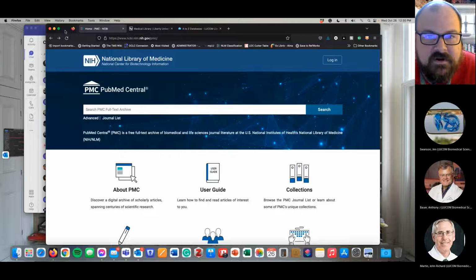Another one of these brief Teams talks. Today, I wanted to just do a brief overview of PubMed Central in case you haven't used it a lot or are not familiar with it. A lot of times it's confusing, the difference between PubMed, PubMed Central and Medline, because they're overlapping in that Venn diagram of what they